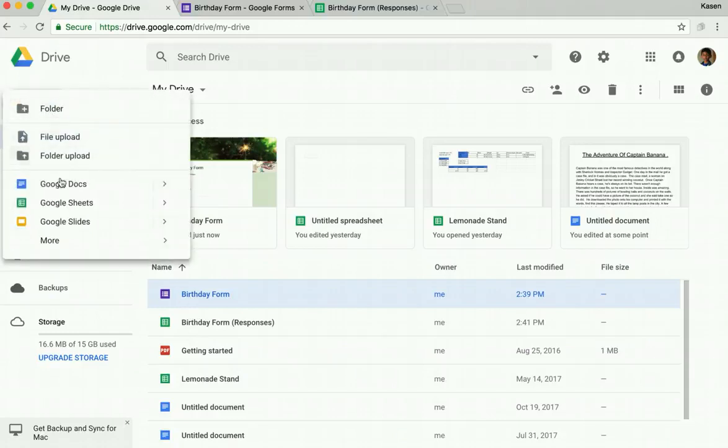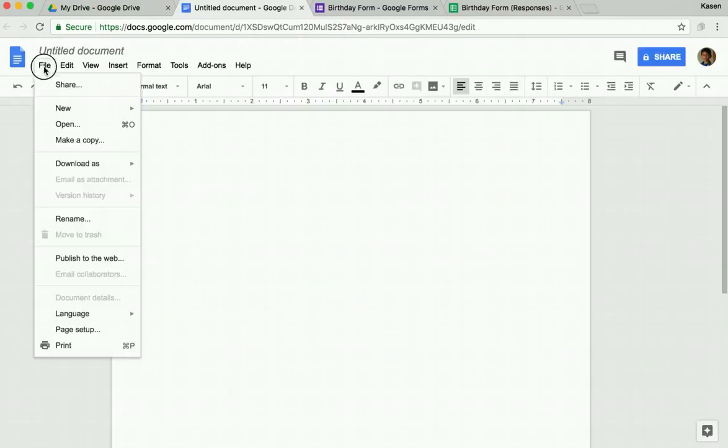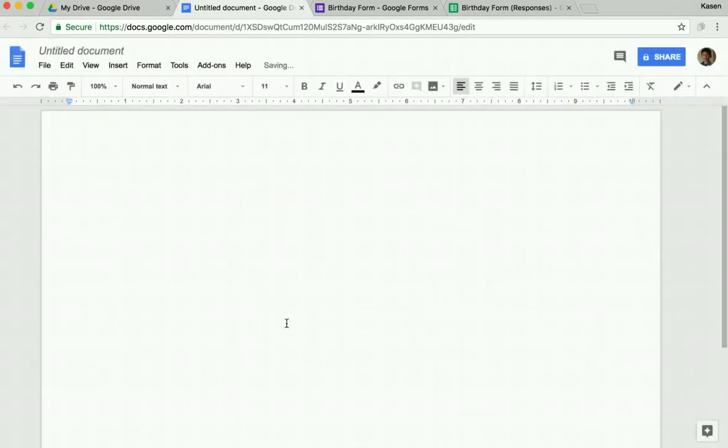So I have a new, you can create either a Google Doc or a Google Slides as your template. I'm going to do the Google Doc. And I'm going to try to make it landscape. All right. And then I'm going to put happy birthday. And then these things are called tags. So whoever it sends it to, it's going to say happy birthday, but I want it to